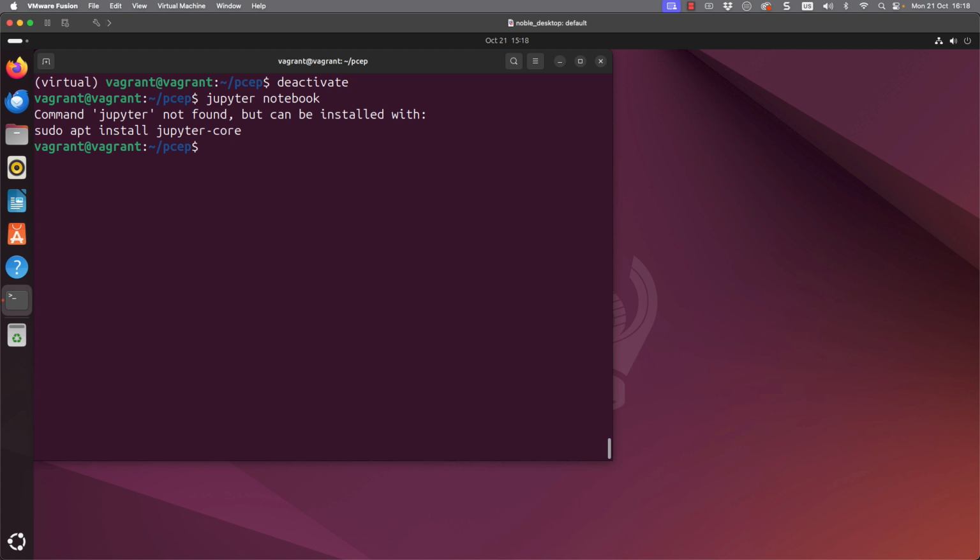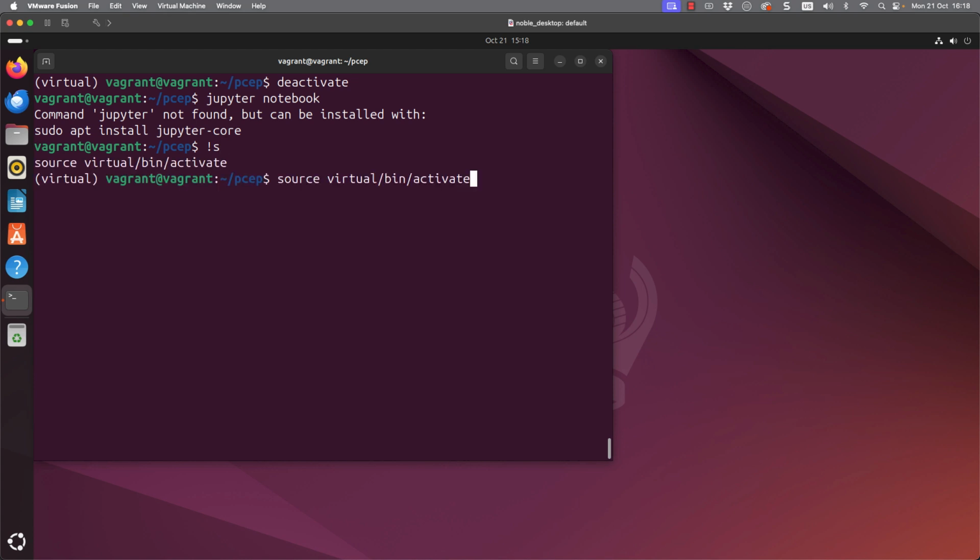But if I activate the environment, and remember I use the source command to do that, there's a nice little shortcut. If I use exclamation mark and S, we can get back to my last command that began with S, which I know was sourcing the virtual environment. So exclamation mark S and Enter.